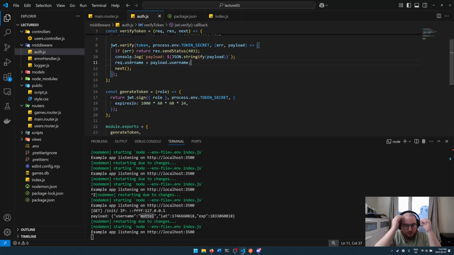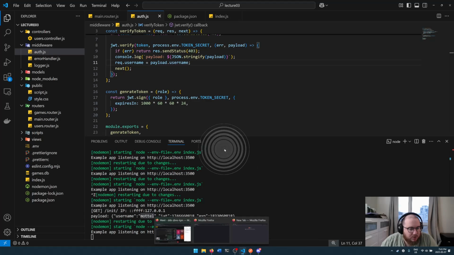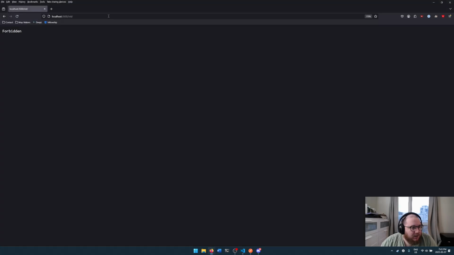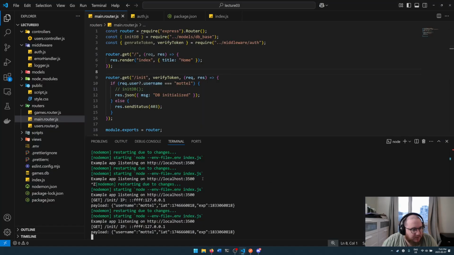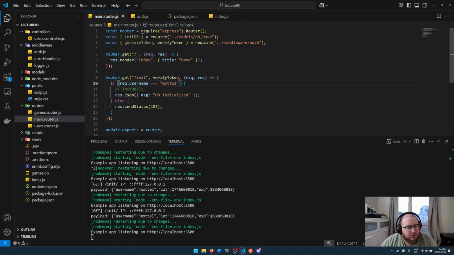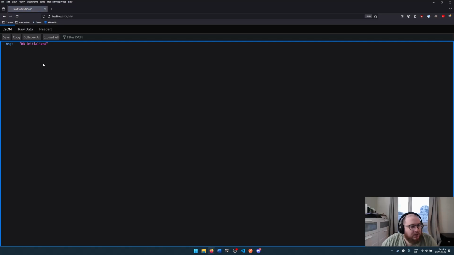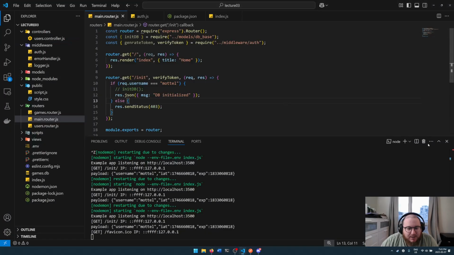Our token contains expiry and some other information, right? But the only piece of information that we care about internally, once we've verified that the token is still valid, is the username. So we go back to my main router now. If I go back over here now, I'm getting forbidden, and I'm still dumping out the username, but we're looking for user.username, which does not exist, because now it's just request.username. So if we look at request.username, and now we run this, hey, DB initialized. All right, it works. So we did not actually rewrite the database, we just